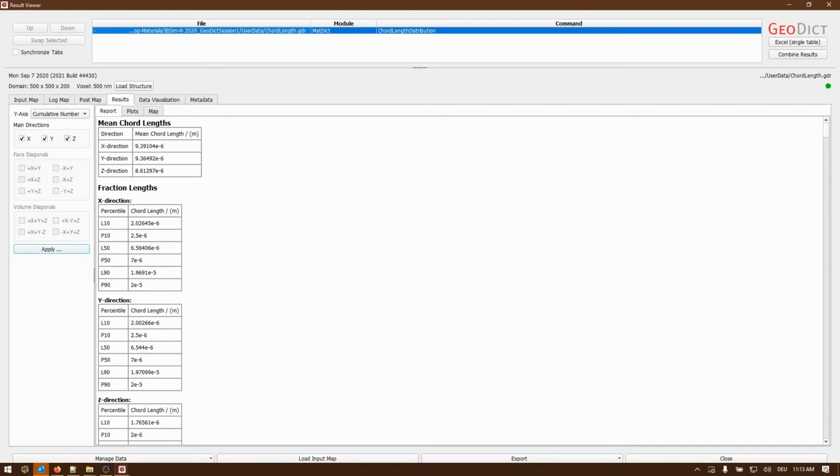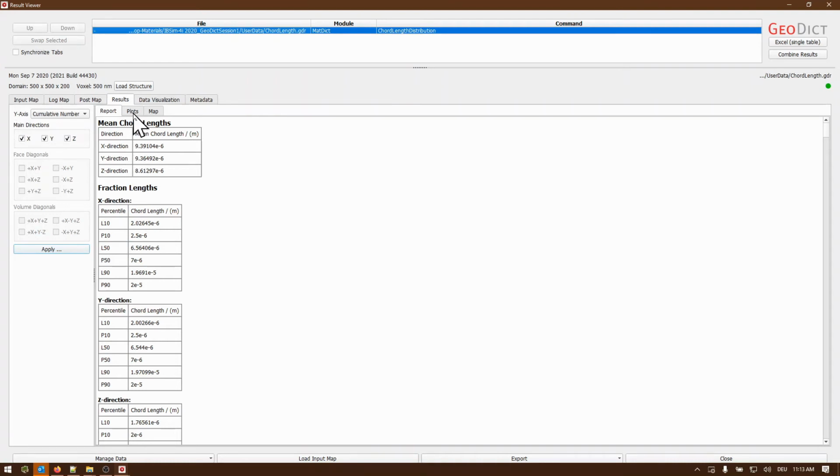But let me point out to you that our domain is also shorter in the Z direction, and so the short pores that you get as boundary artifacts have a larger influence, contribute more to the overall mean chord length. So this doesn't mean that it's an anisotropic material. Without further analysis, at least, one should further investigate this difference in here.